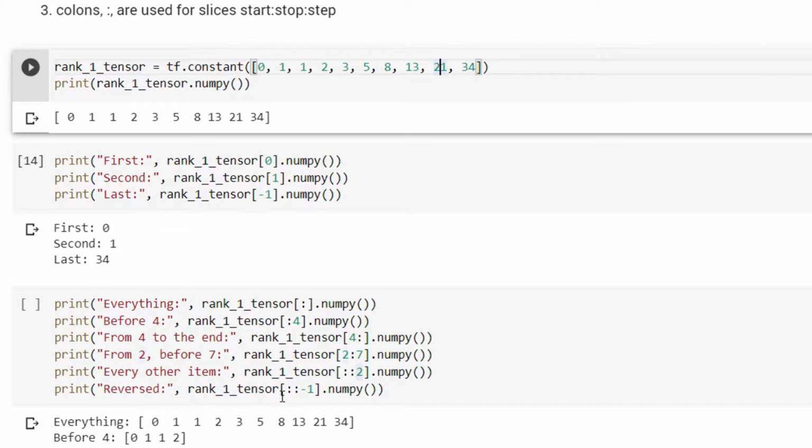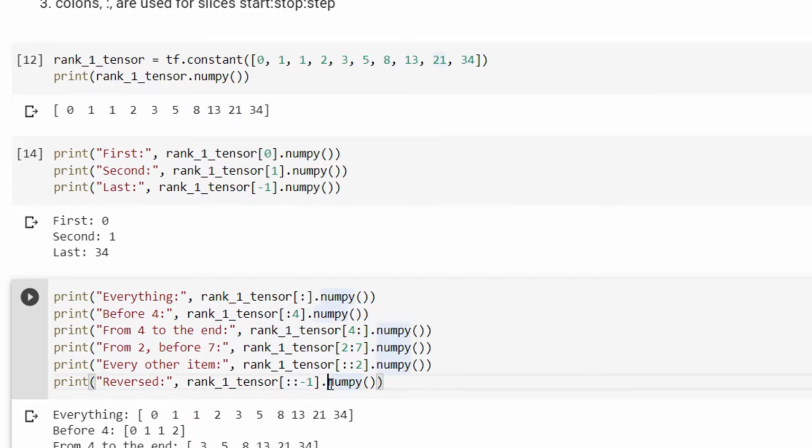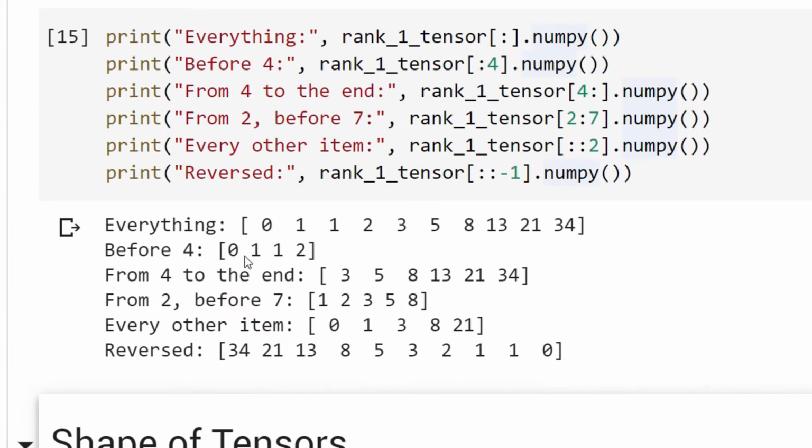In the reversed order means everything but steps of -1. So starting from the end, if I run this, the values printed are these. When we print everything: 0, 1, 1, 2, 3, 5, 8, 13, 21, 34. Before 4 means 0, 1, 1, 2. So why are 4 values printed?